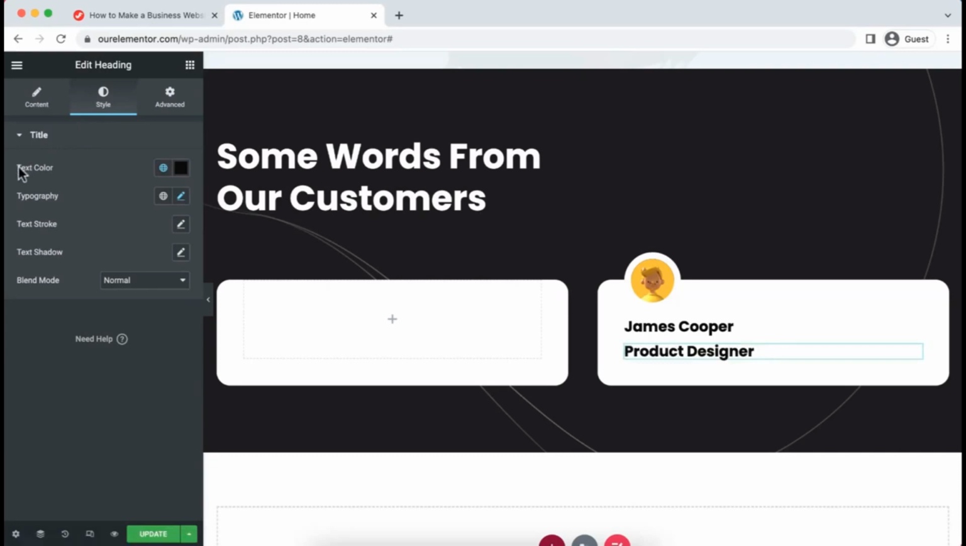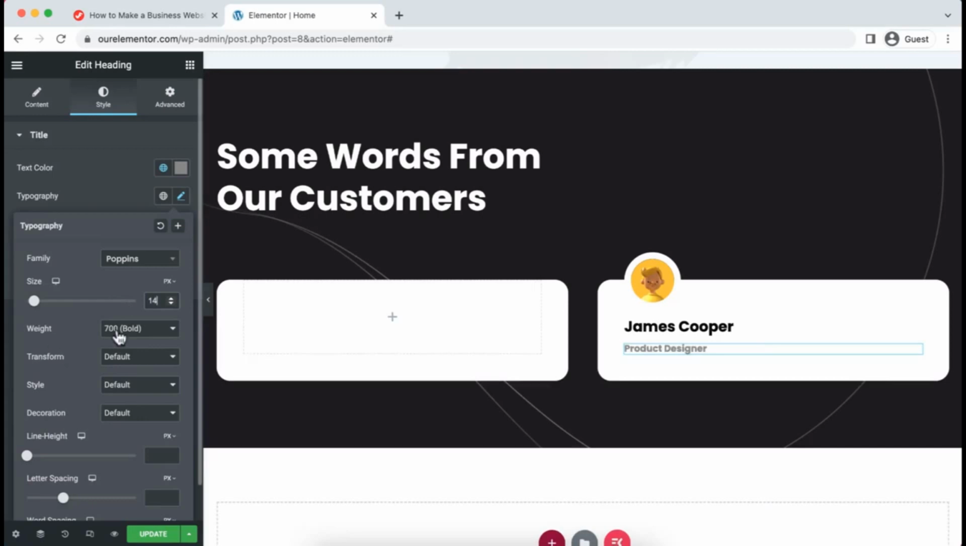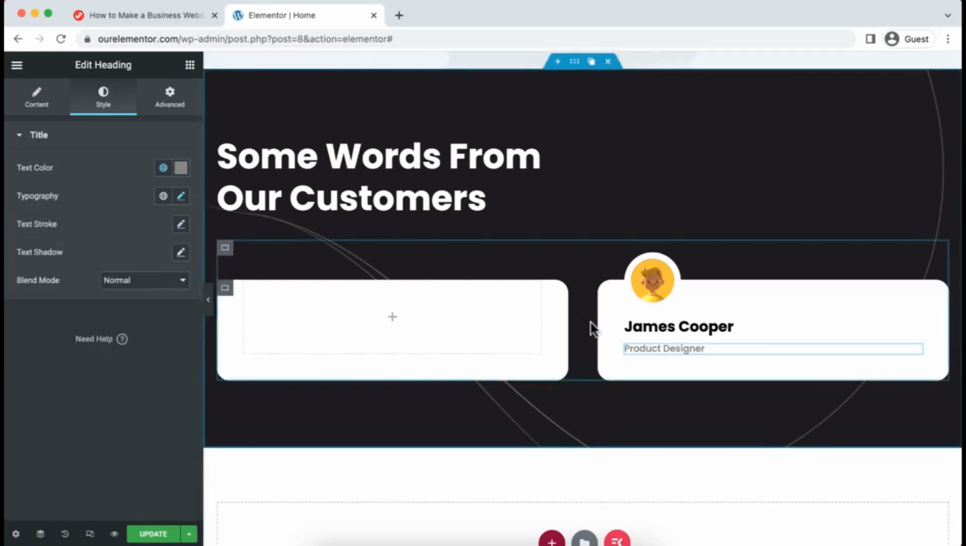So I'm just making its text color to our global text color, and from typography let's make it a little bit smaller. So from here I'm making its font size to 14 pixel, and font weight let's just make it to medium 500. Then right after the role I just wanna put the real testimonial or review, so let's just